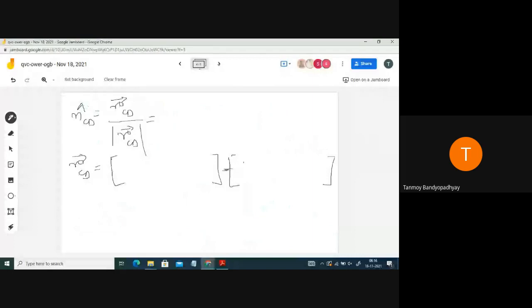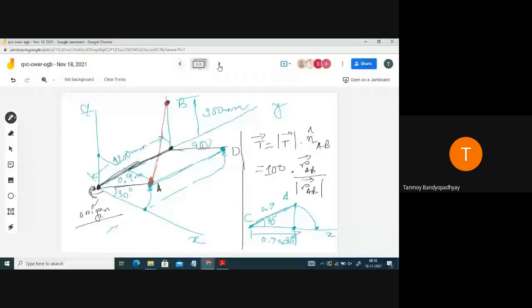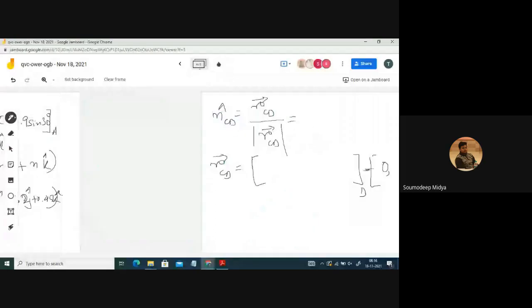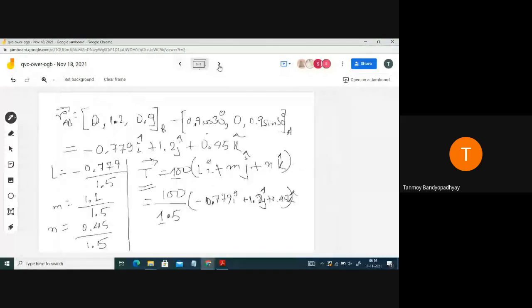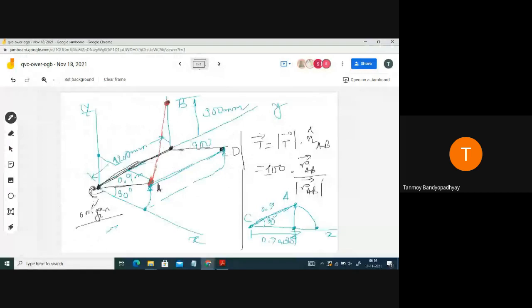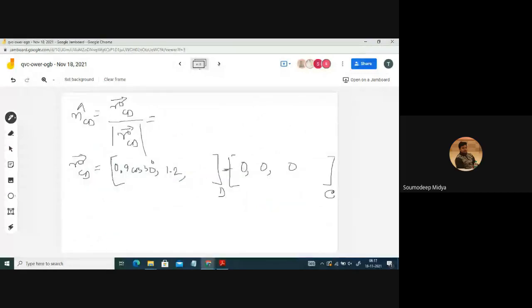Okay? So whatever are the coordinates of the point D, they will form the position vector. So what will be the coordinates of D? X is 0.9 cos theta. Very good. 0.9 cos theta, 1.2, and your last one, Z, is 0.9 sin 30 degree. Yes, sir. That's it, nothing else in the problem. So the problem is simplified.